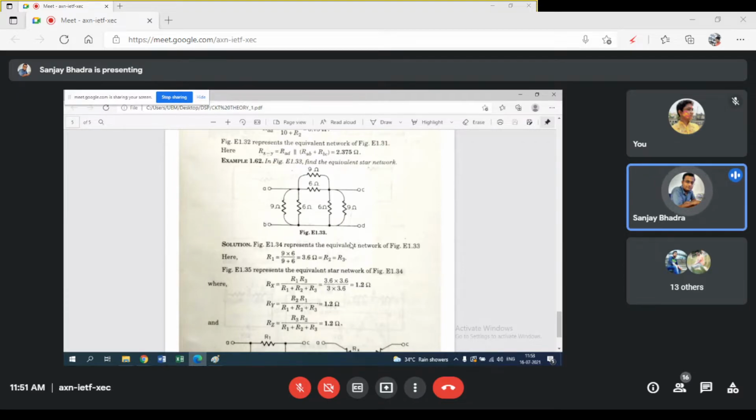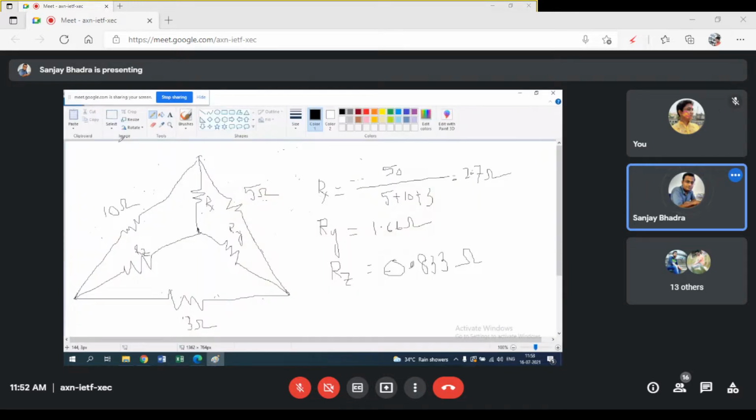Can we try with this problem? This is again another similar type of problem, because there are some additional resistances given. It is only a parallel combination. See, 9 and 6, this is a parallel combination, and you get an equivalent circuit. There is also a 9-6 parallel combination. You take the equivalence of this, that would be this. And over here also another set of parallel. So you get another delta connection taking the equivalence of these two circuits. Fine. I think it's better to close and open a new window. That will take lesser time, I believe.